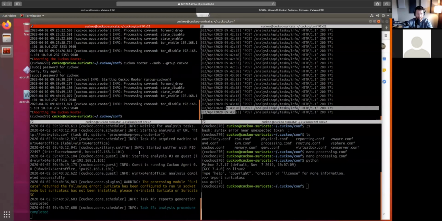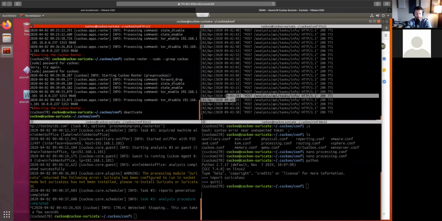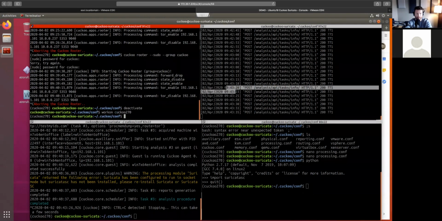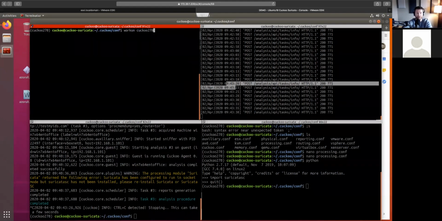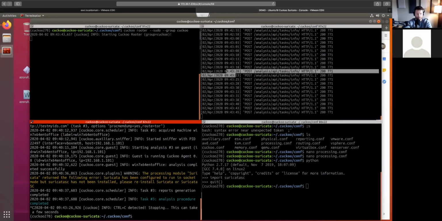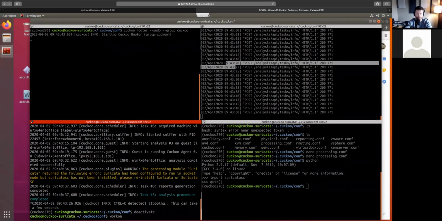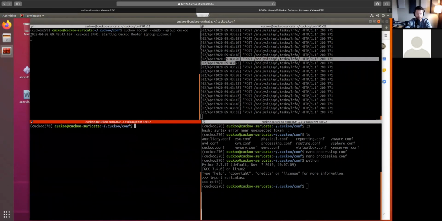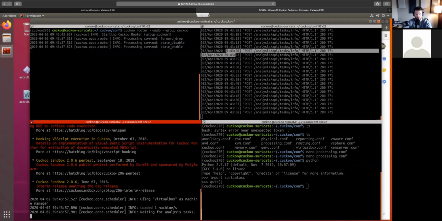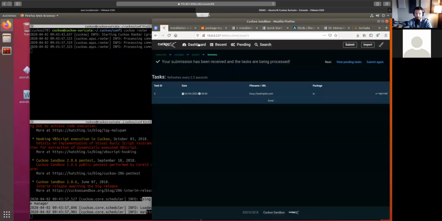Okay, I'm going to go ahead though and stop all of Cuckoo. I'm actually going to deactivate the virtual environment just to make sure that everything takes. Probably not necessary, but I'm doing it out of an abundance of caution. I'll run the router again. Okay, I'll run Cuckoo again. Okay, so everything is loaded, Cuckoo's ready, and that should be the last change. So fingers crossed. Now when we run something here,